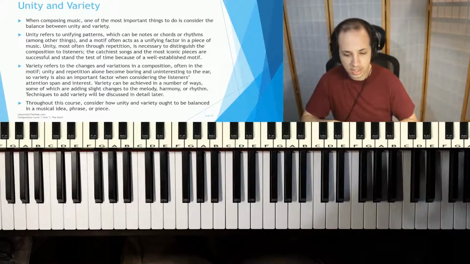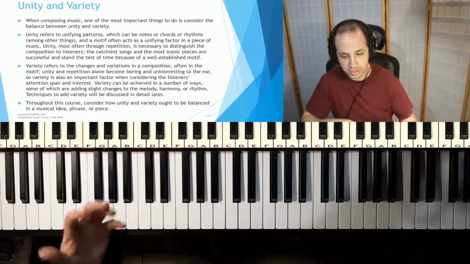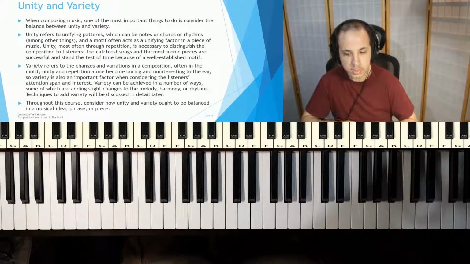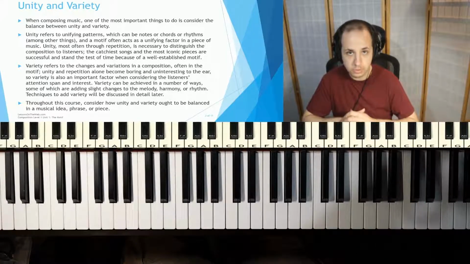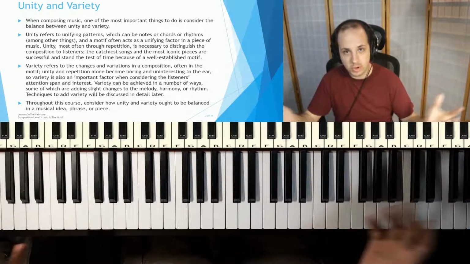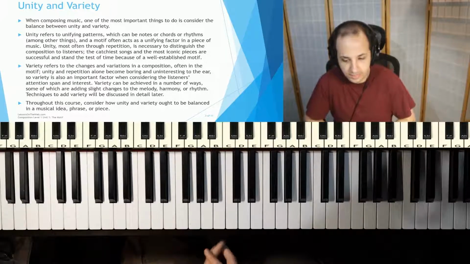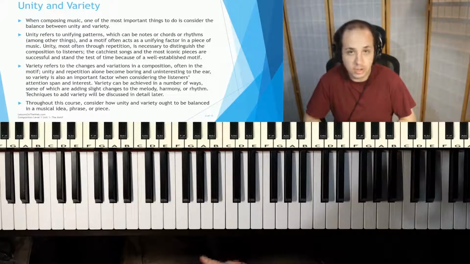Unity, often through repetition, is necessary to distinguish the composition to listeners. The catchiest songs and the most iconic pieces are successful and stand the test of time because of a well-established motive. So any of Michael Jackson's songs, like Beat It, do do do do do do do do do. That is your motive. You recognize that. Okay, so here we go. And then obviously Für Elise,